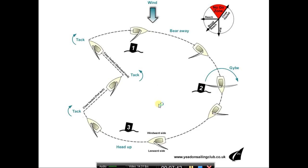So ultimately we're working towards this idea of doing this triangular course. All those positions effectively show you, in terms of the boat turning around, what you would do is you would sail around this course. So let's say we started here, we're on what's called a reach or a beam reach. We've got the wind blowing over the side. As we change the direction of the boat using the rudder, taking it closer to the wind,